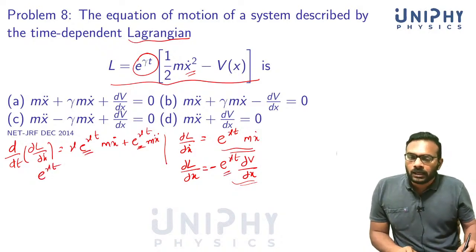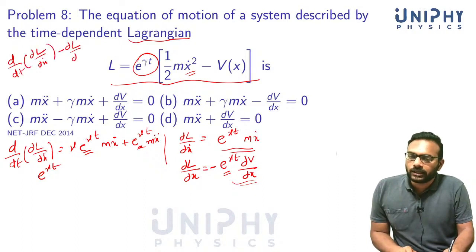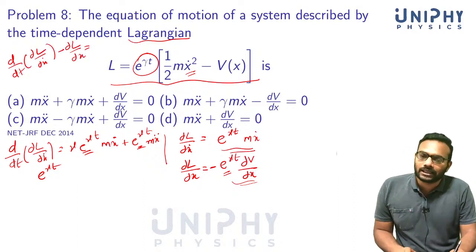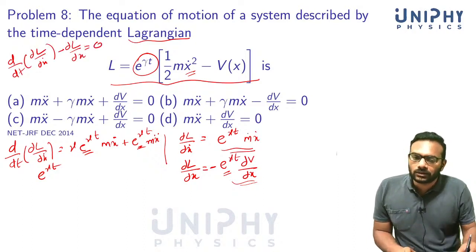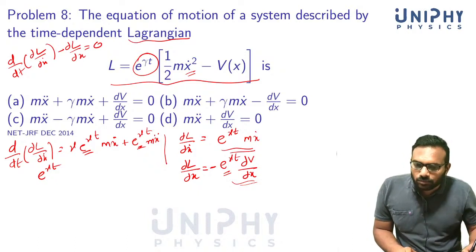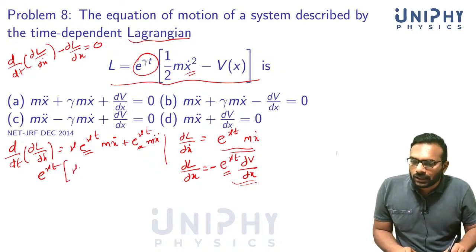Okay, since you need to write the equation as d by dt of ∂L by ∂x dot minus ∂L by ∂x, where L is the Lagrangian, this is known as the Lagrange's equation. This is equal to 0. So that minus will cancel with this minus. So you will have gamma m x dot